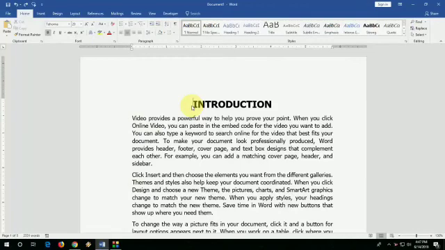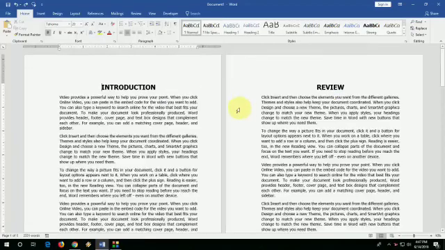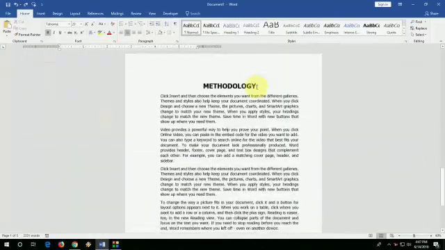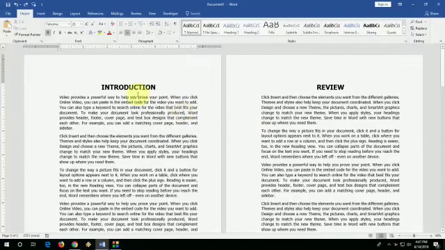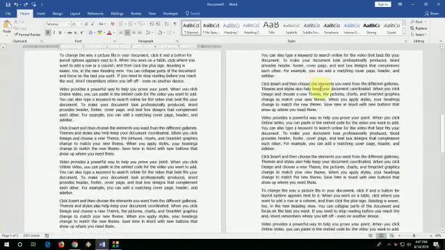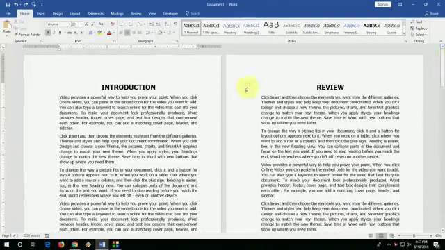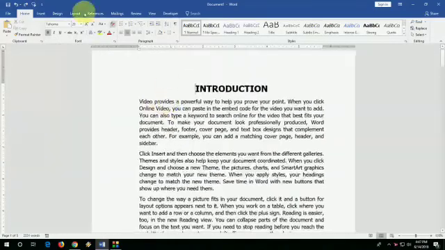So the next topic is header and footer. See, this is your page. On this page we use header and footer. So first we will discuss why we use header and footer. Header is any text or images that is placed at the top of the page. Same as footer. Footer is anything that is placed at the bottom of a page. So students, head part means header, and foot part means footer.